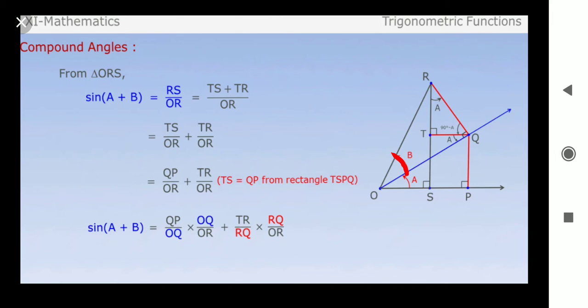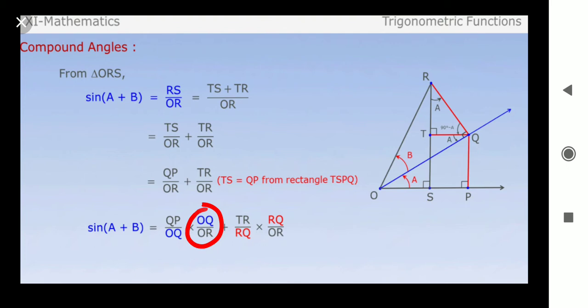Suppose that here is 90 degrees, this one is 90 degrees. I am talking about this angle, this triangle. In this triangle this one is 90, this one is 90. So this one is hypotenuse, this one is perpendicular. If we are working on the basis of beta, this one is perpendicular because it is opposite to beta, and this one is hypotenuse because it is opposite to the right angle. So here is OQ by OR. That means this is base, this is perpendicular, this is hypotenuse. So base by hypotenuse means cos beta. So this one is cos beta.